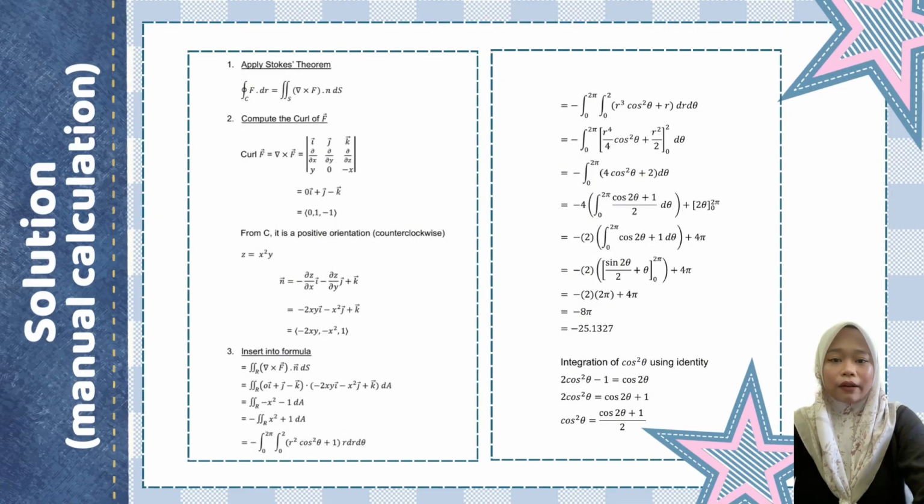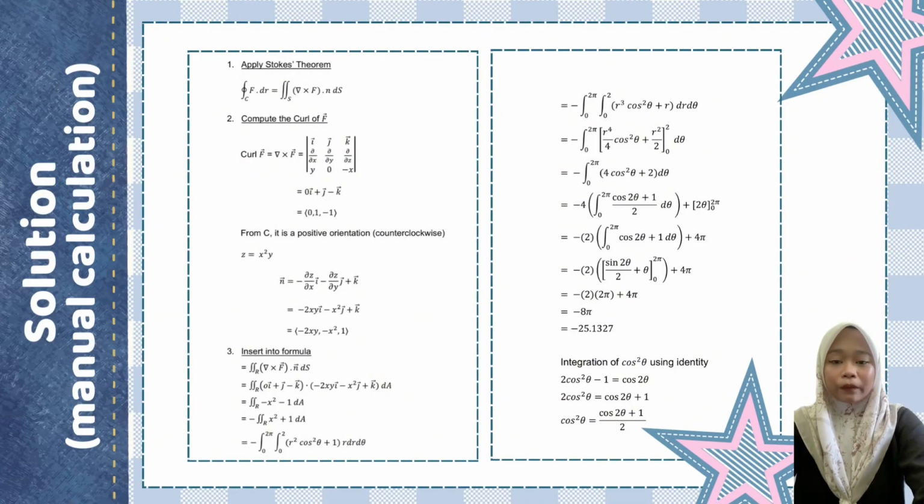Limits are r from 0 to 2 and theta from 0 to 2 pi. After integrating r and simplifying, I got negative integral from 0 to 2 pi of (4 cos squared theta + 2) d theta. I factor out the 4 and use the identity cos squared theta is equal to (1 + cos 2 theta) over 2. It simplifies to -2 integral from 0 to 2 pi of (cos 2 theta + 1) d theta